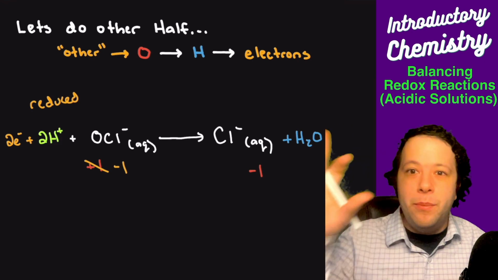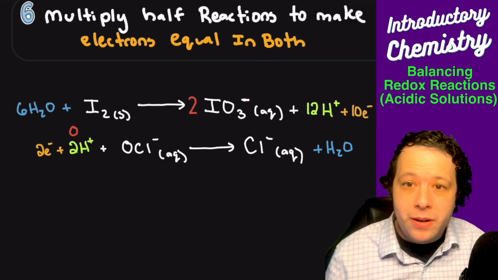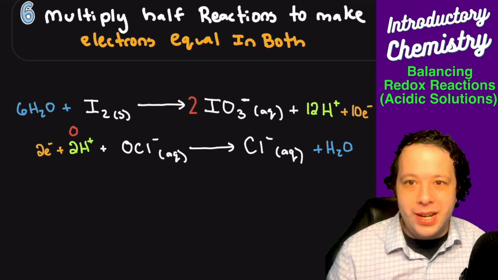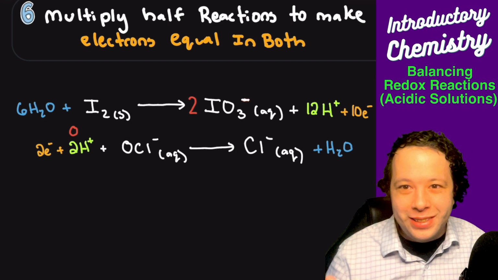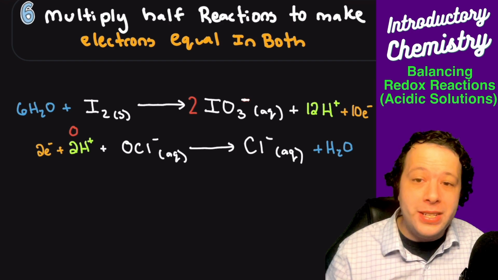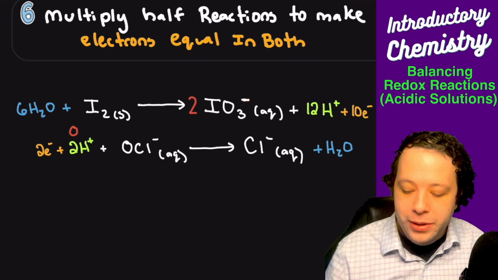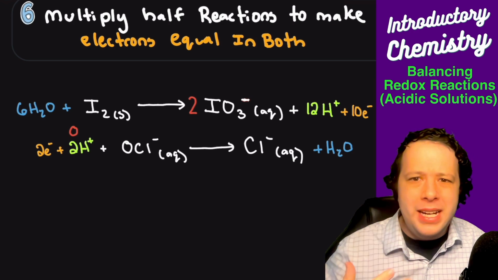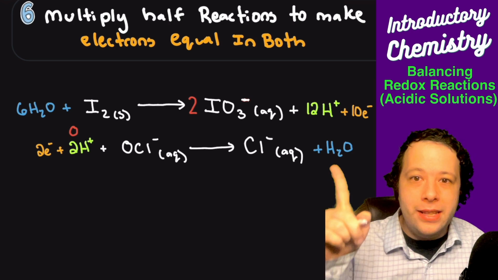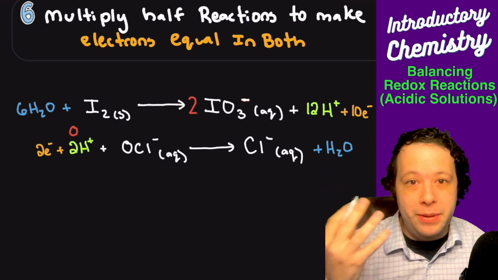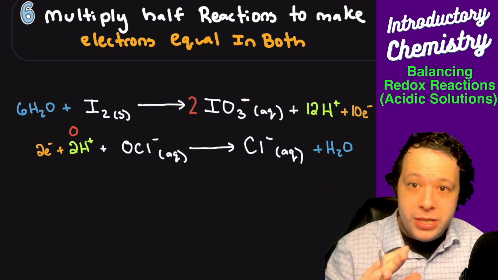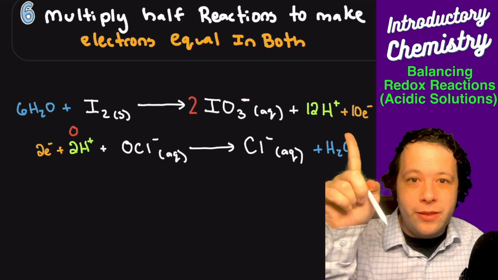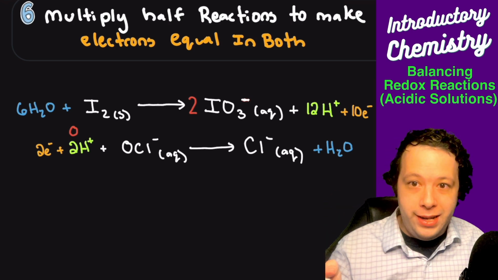Now let's put it all together. Our next part is all about canceling the electrons. You've never seen a chemical reaction where the electrons are listed in the reaction, so we have to cancel them. The only way that's possible is to multiply these half reactions by some kind of factor to get the electrons to be equal on the top and the bottom. First, before you go anywhere, always double check your work. Make sure that there are electrons on the left and the right-hand side of the equation.